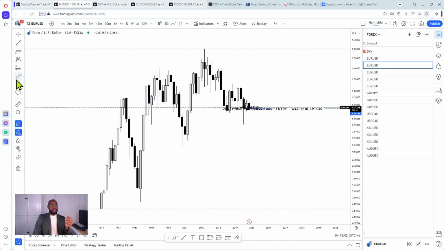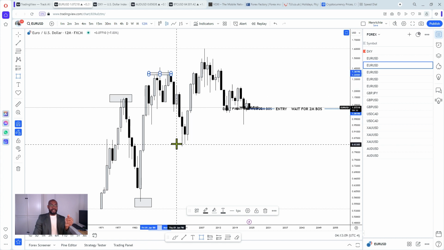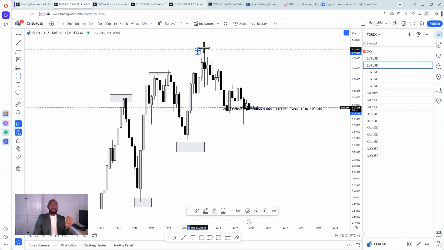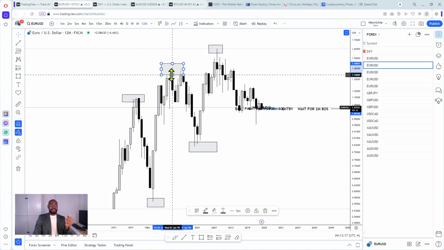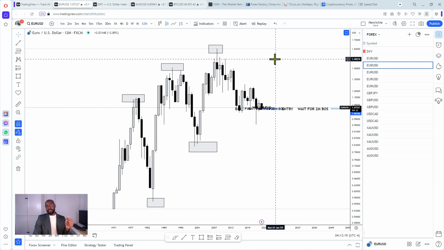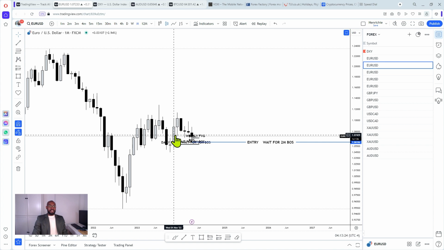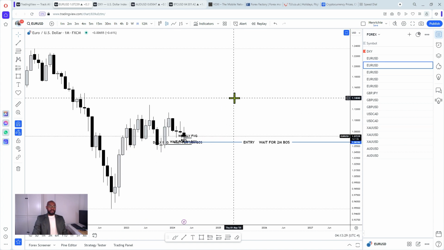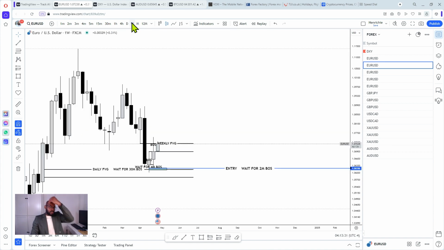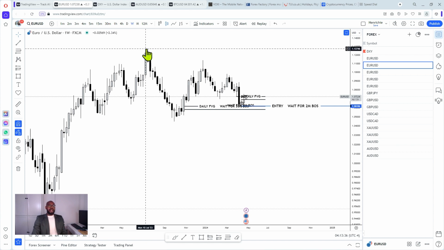You can see we've been consistently creating higher highs and higher lows, higher low, higher high, higher high, higher low, higher high. So for Euro US dollar, I'm overall bullish on Euro US dollar. And if we scale down to the monthly, on the monthly, we have an inefficiency, this last down close candle. And if we scale down to the weekly, so on the weekly, you can see the low, the high, price